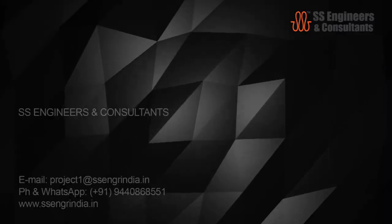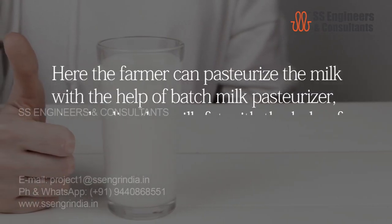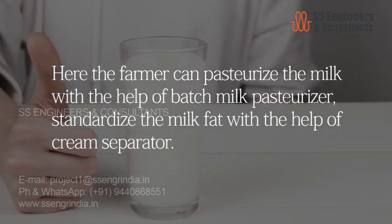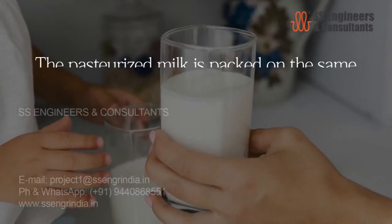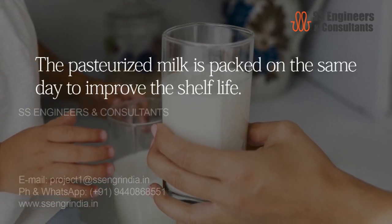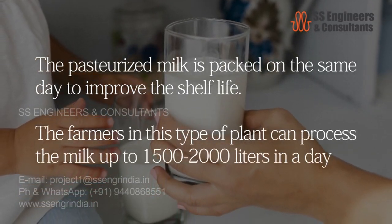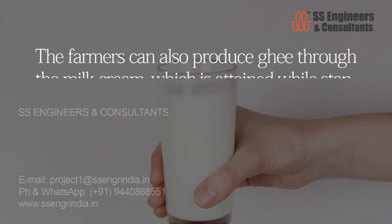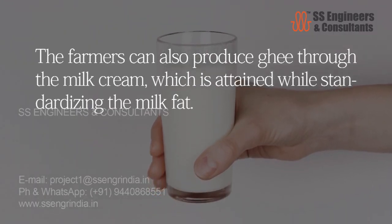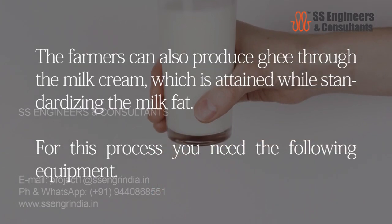Farm level milk plant, medium type. Here the farmer can pasteurize the milk with the help of a batch milk pasteurizer, and standardize the milk fat with the help of a cream separator. The pasteurized milk is packed on the same day to improve the shelf life. The farmers in this type of plant can process up to 1,500 to 2,000 liters of milk in a day. The farmers can also produce ghee from the milk cream, which is obtained while standardizing the milk fat. For this process you need the following equipment: